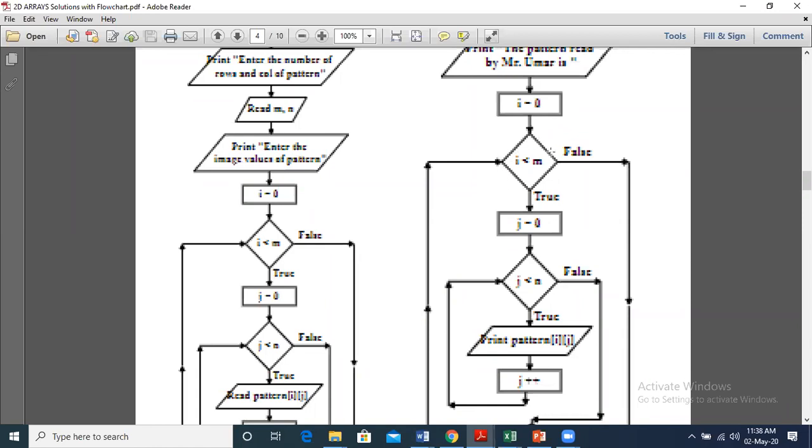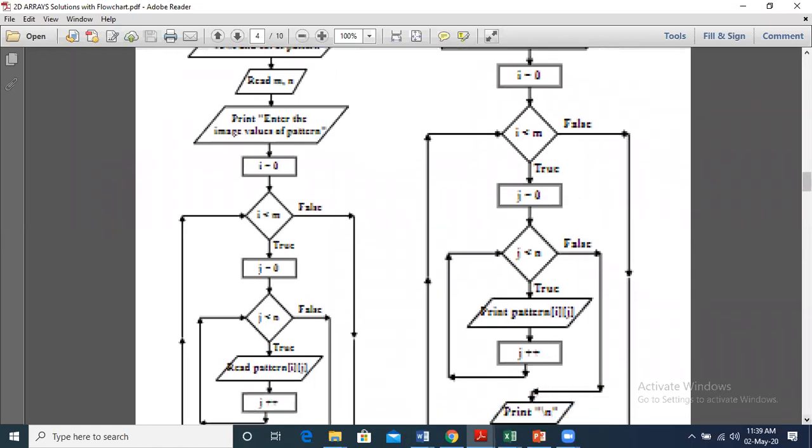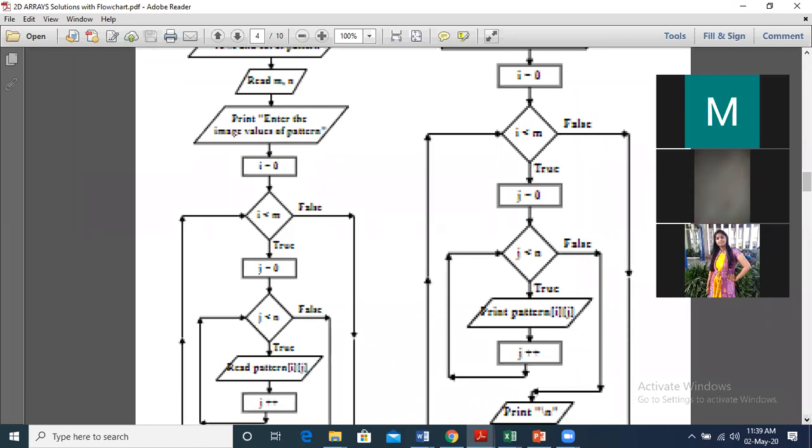It has to be given in a decision symbol. And then i plus plus or j plus plus is again a process. It has to be given at the end. Exactly how a for loop works, right? So this is how we have to represent the for loop. Do not use hexagons or any other symbols given on the internet. You may see so many symbols given, but those are not the standard symbols. Is this clear?